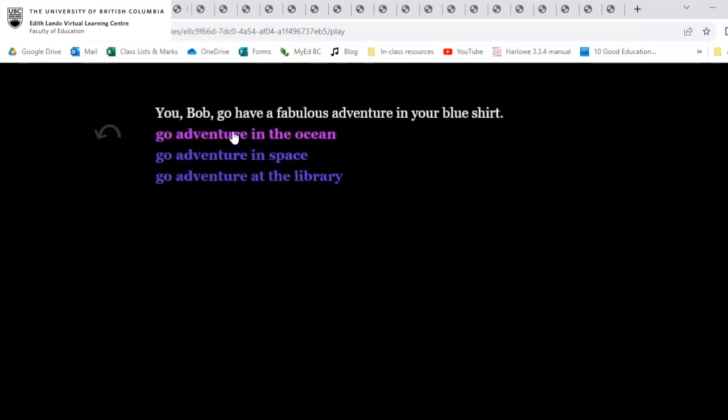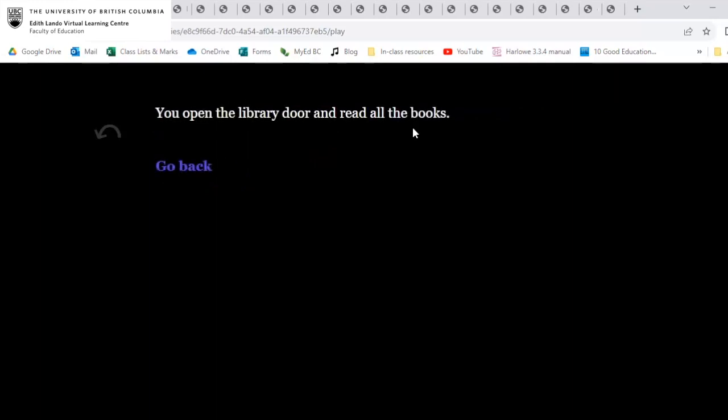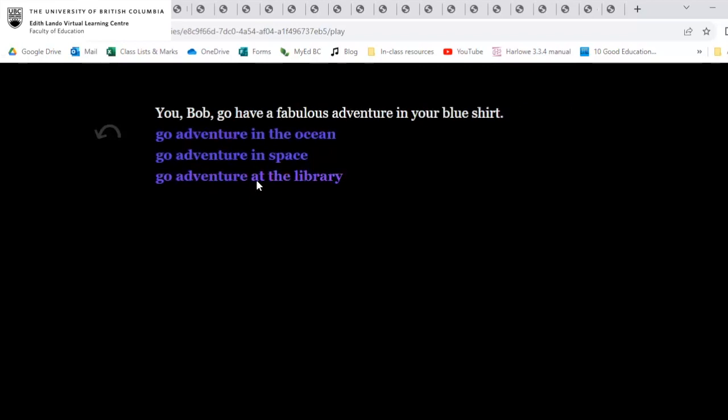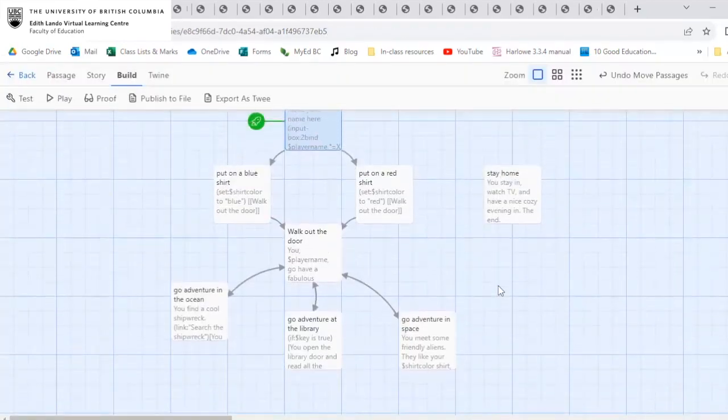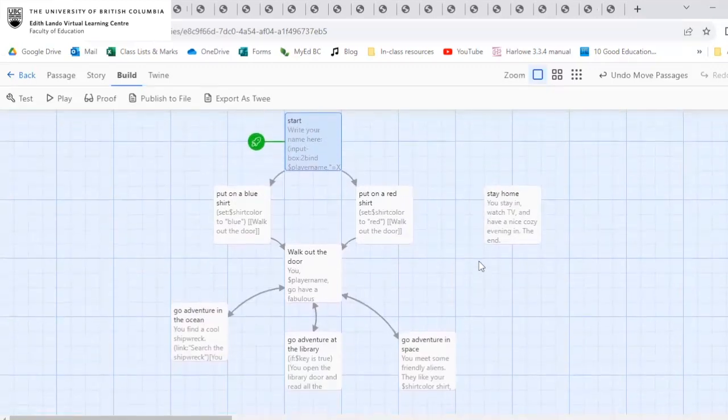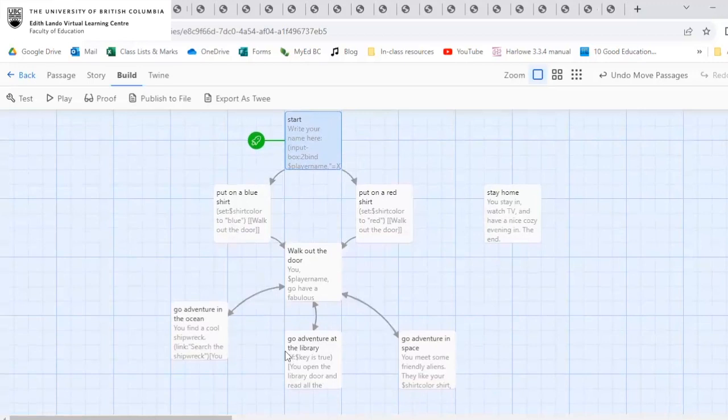Doors locked until we go find a key. Go to the ocean, search the shipwreck. You find a key. Go to the library. You open it and read all the books. And so, as well as having branching paths of story, with the variables now, we can have even more ways for a player to interact with the story and